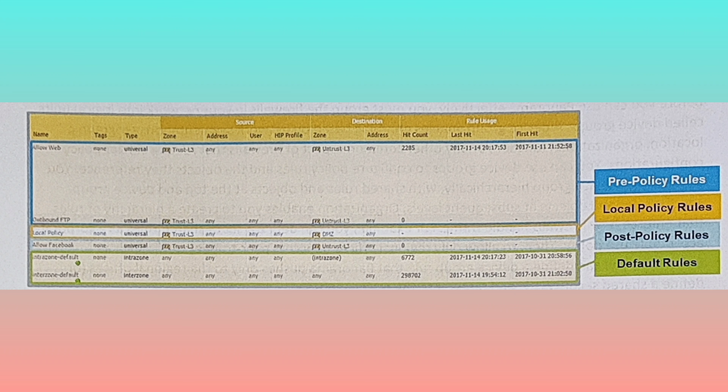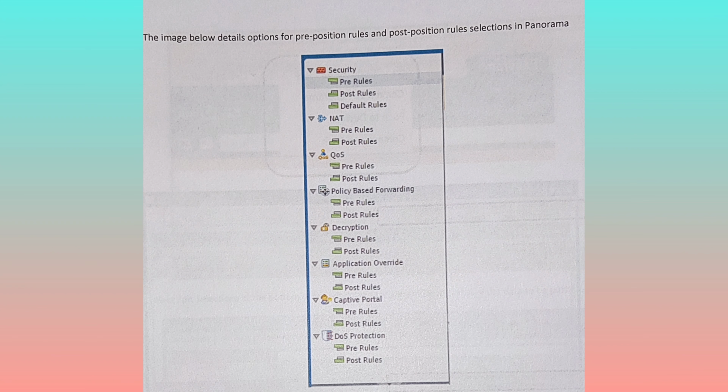When new policy rules are entered into the Panorama device group, the device group and the pre or post designation must be decided. The pre and post designation are chosen through selection of the appropriate policy menu item.